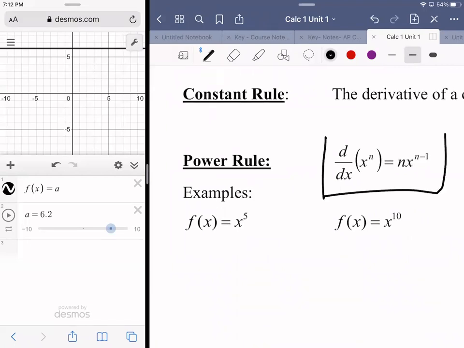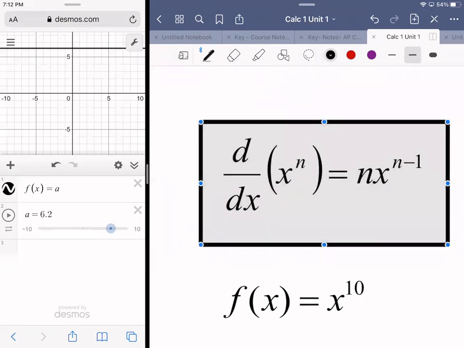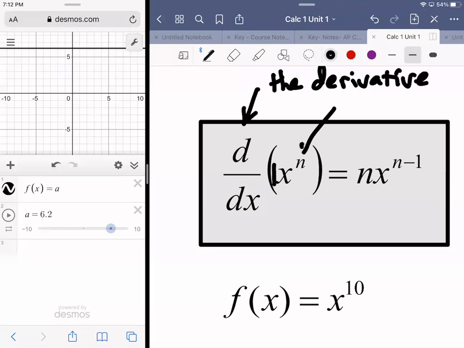A fun looking rule. It's really just telling you to take the exponent, multiply. I mean, it doesn't seem obvious, but assuming your original function has a coefficient of 1, then what this is saying is the derivative of the function